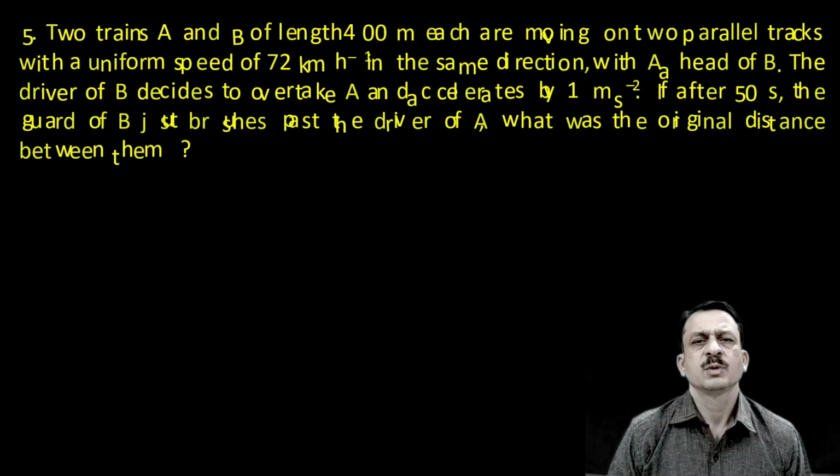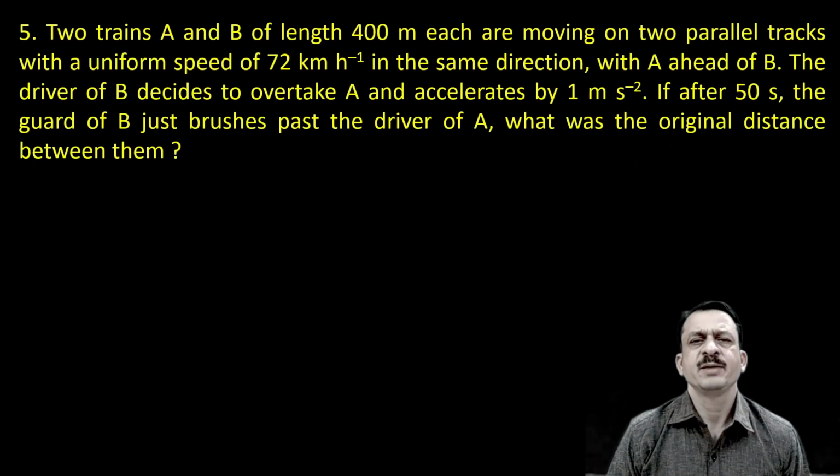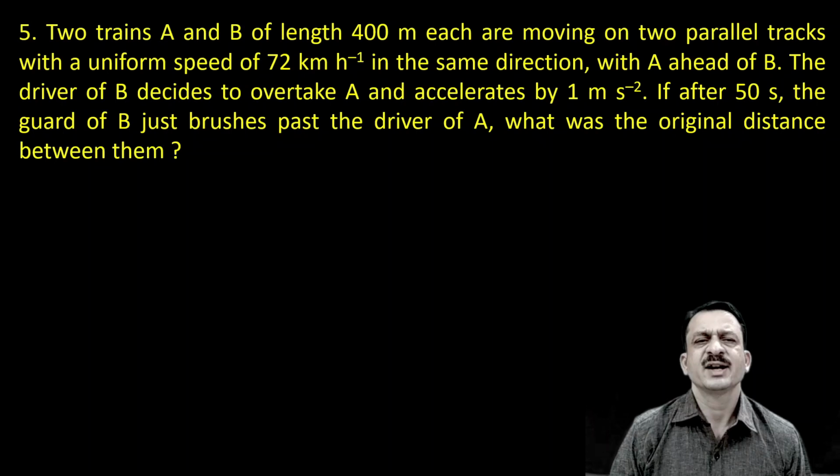Now we move on to the next problem, problem number 5. Two trains A and B of length 400 meter each are moving on two parallel tracks with a uniform speed of 72 km per hour, in the same direction, with A ahead of B. The driver of B decides to overtake A and accelerates by 1 meter per second square. If after 50 seconds the guard of B just brushes past the driver of A, what was the original distance